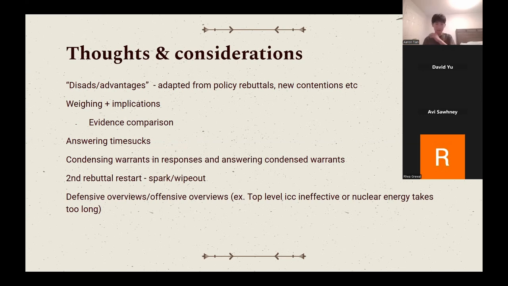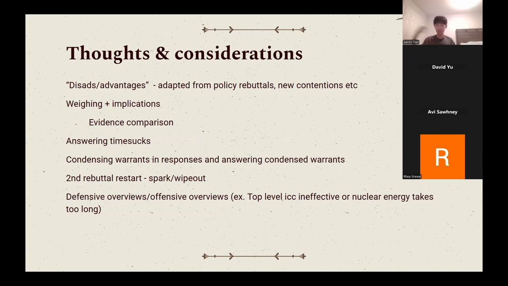The next thing is second rebuttal restarts. This is a little more memey, or not that serious, but sometimes it's a fine strategy, especially on a hypertech, because in reality it is pretty hard to respond to. I guess you could make theory arguments against it, but on a substance level, this just looks like